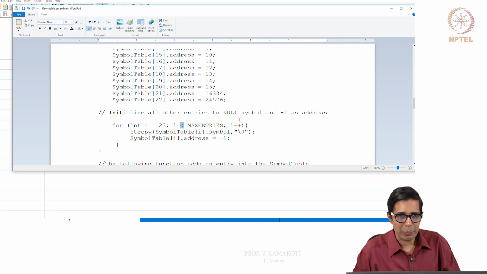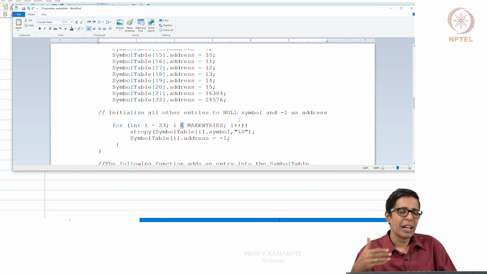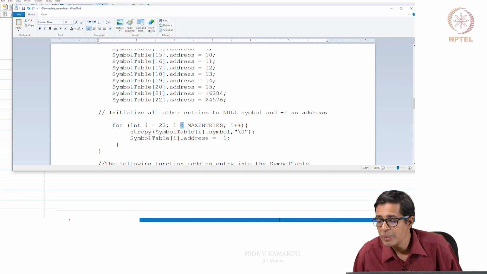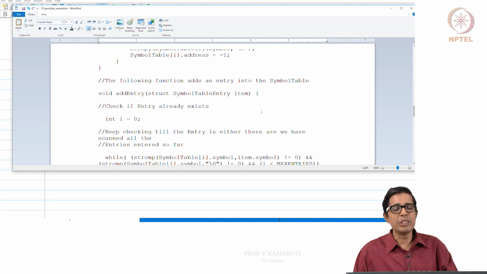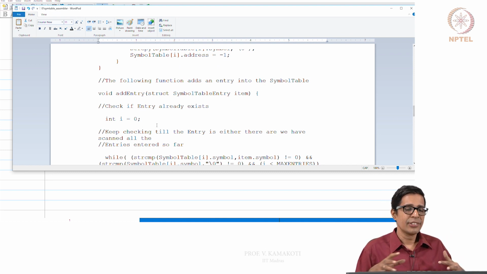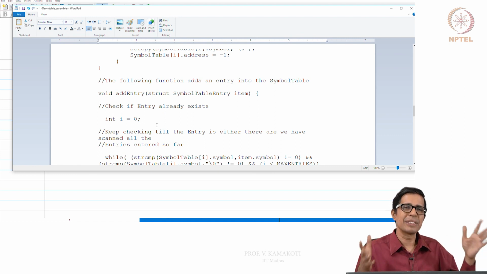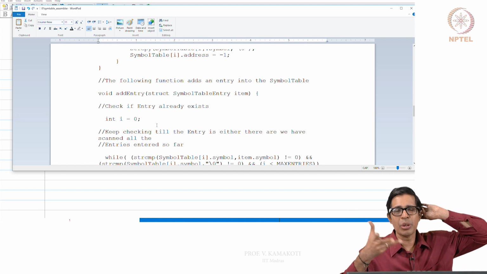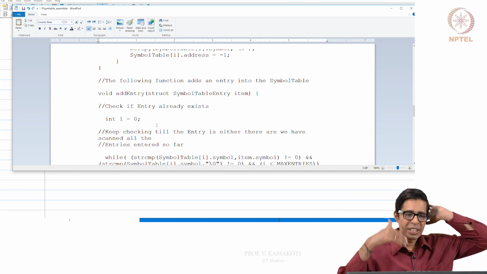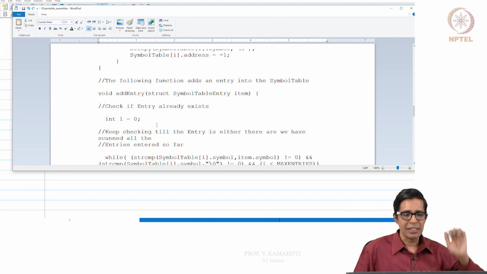So these are not occupied, and as I go through the program, I will keep filling up these entries with new variables as we encounter them. So this is all about initialization, and initialization is a very simple thing: 0 to 22 is already filled, and from 23 onwards you make it null.